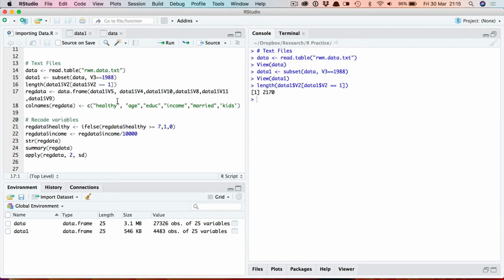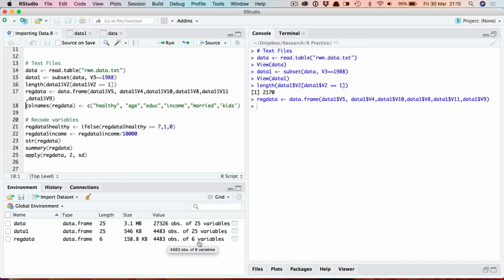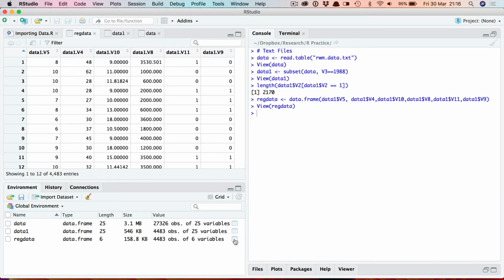I'm not subsetting, well, I'm subsetting here, but not simply based on one condition. I'm choosing these 6 variables. So I'm using the data frame function here to create another data frame just with these vectors, these variables. That creates my third data frame. It's restricted now to the 6 variables I'm interested in. If I look at that, here are the 6 variables on